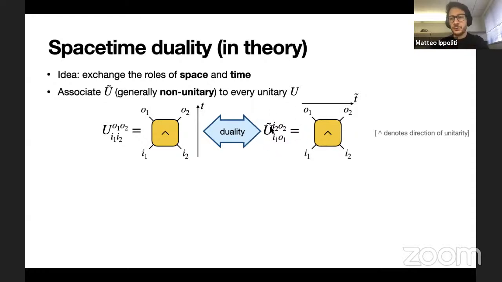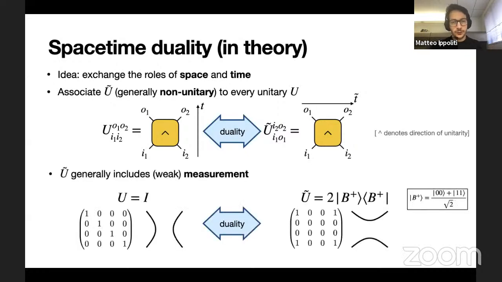And this matrix that is obtained, which is just a reshuffling of the entries of the matrix U that you had, ends up being non-unitary in general. To give you an example, if you take the identity matrix, which has this matrix representation, and which you can also picture diagrammatically as the 2 qubits coming in and not talking to each other and then going out, if you flip it on its side,